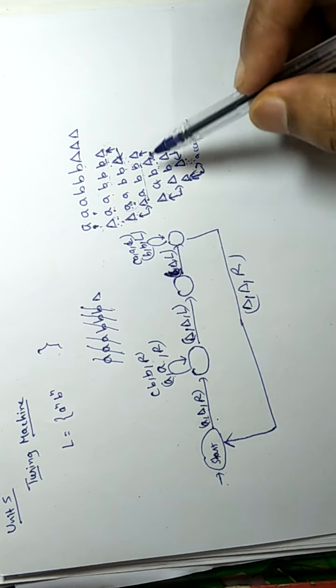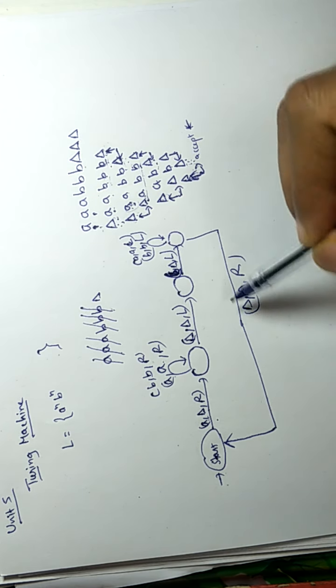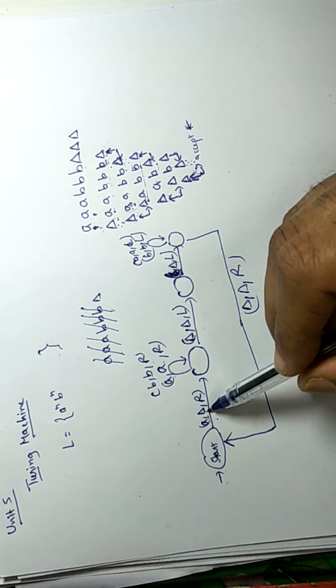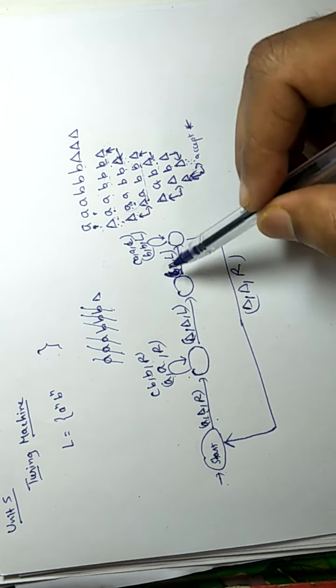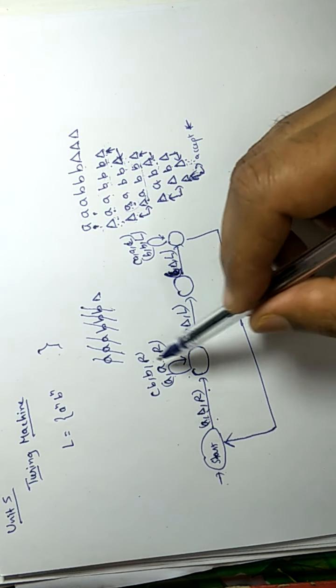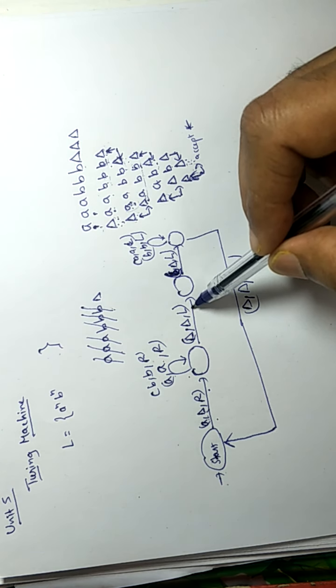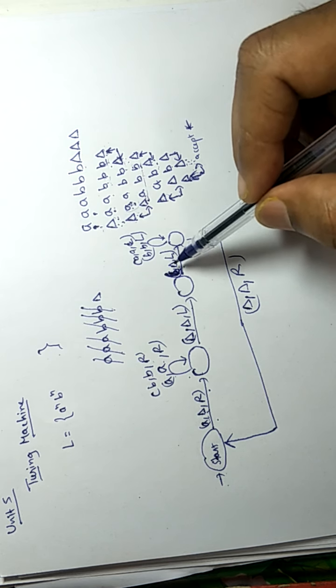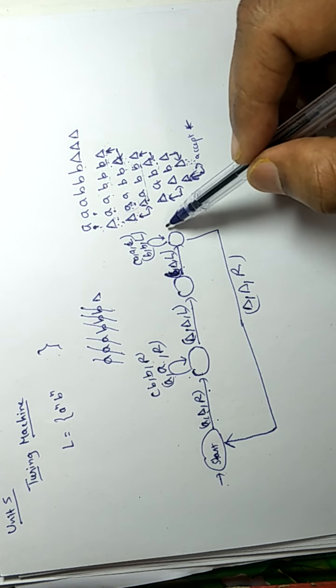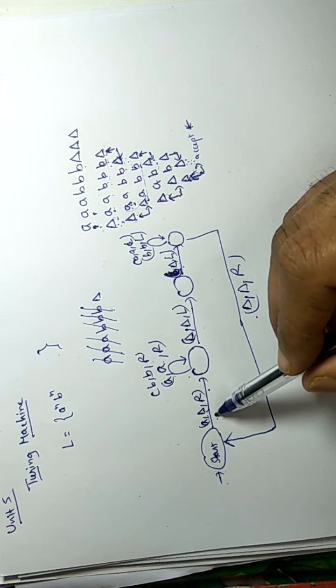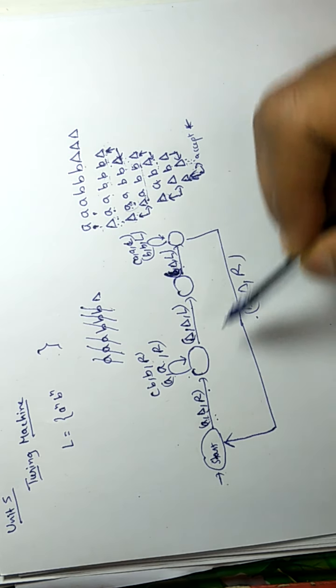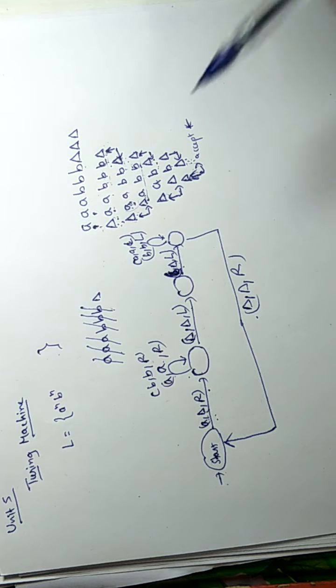We will get B and convert this B into blank and move in the left direction. Then we will get blank on the right. Then in the right of this blank we will get A, and this procedure will continue for each A and each B: reading A, moving right, reach the corner, reading B, changing it to blank and moving to the left side, then blank, then A. In this way we will do this process.